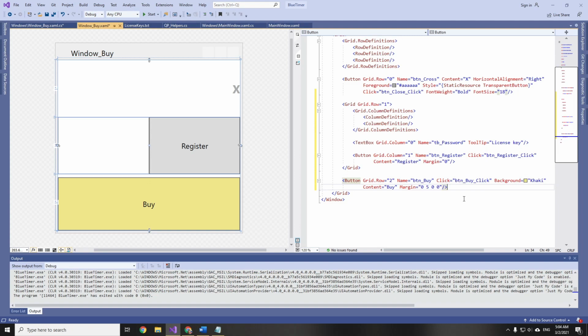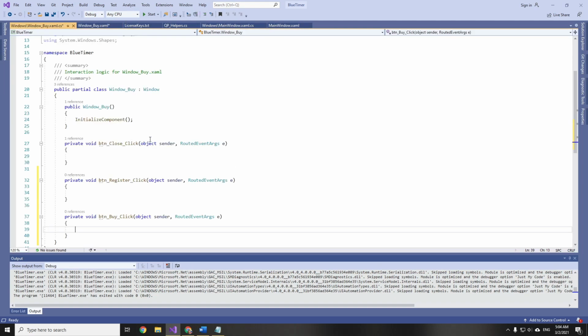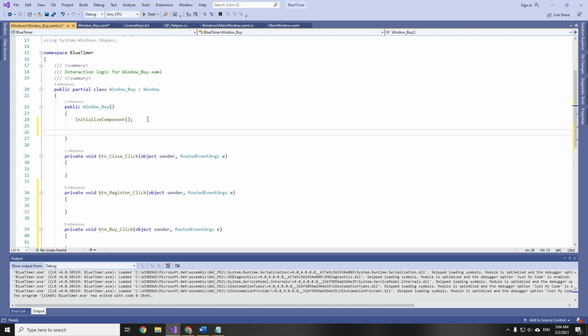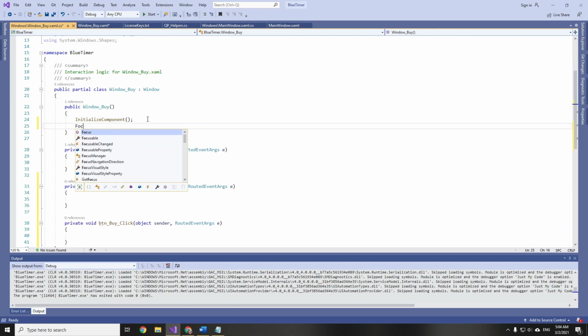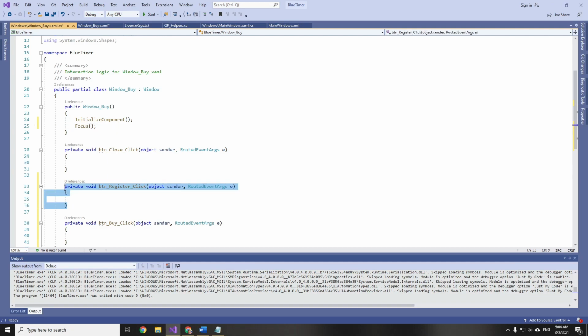Now press F7 to view the code, and here in the constructor, the first thing that we want to do when we see this window is focus it, because it does not always come first. Then we access our button register click.